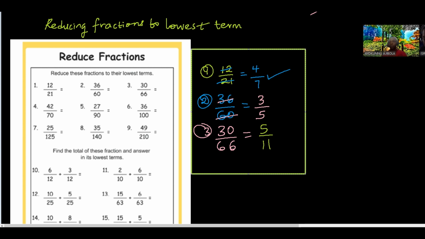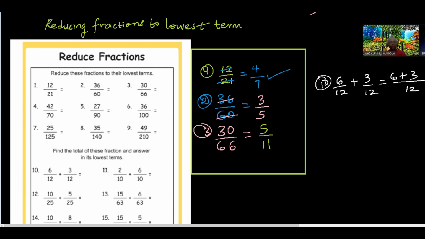Then the next one is the bottom part, which says you should find the total, let's start from number 10. Now 6 over 12 plus 3 over 12. Fortunately enough, you have the same denominators, okay? So what you do is to pick your denominator and add the numbers at the top because they are